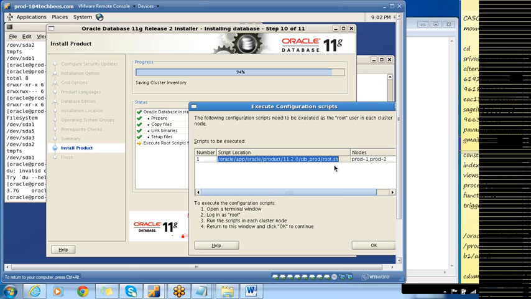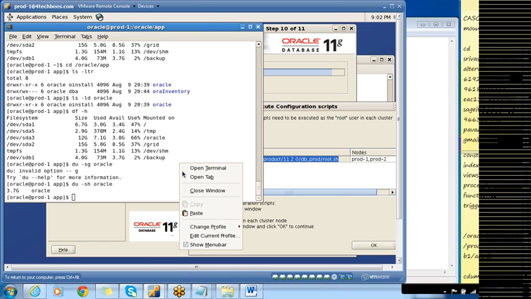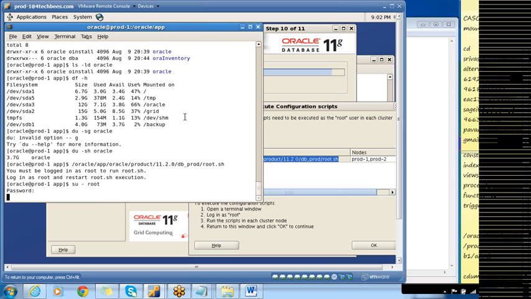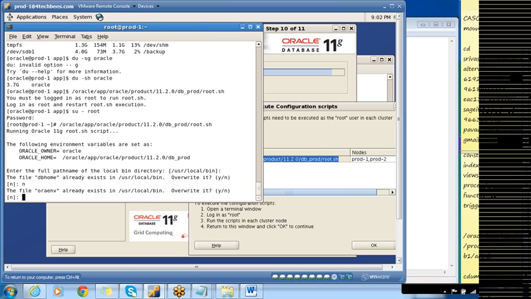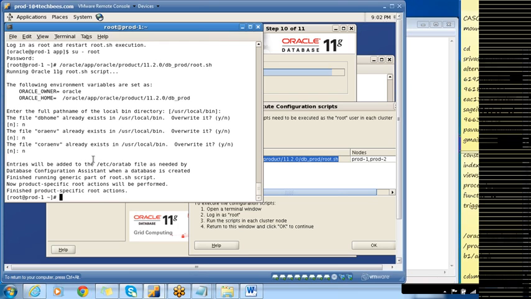So root.sh mainly does this: it will add the entry into oratab, and it will also add the entry into the Oracle inventory. Okay, it's done. Let us do the same thing on node 2.